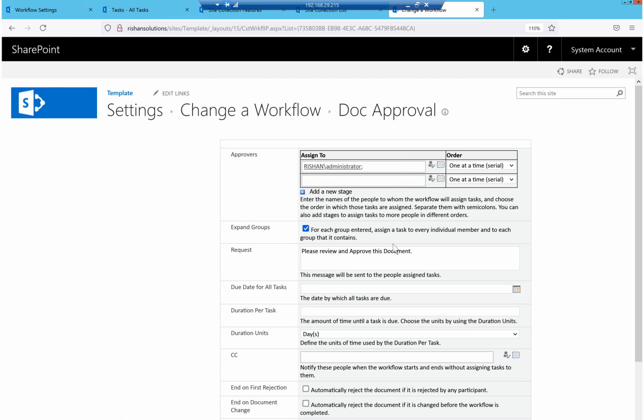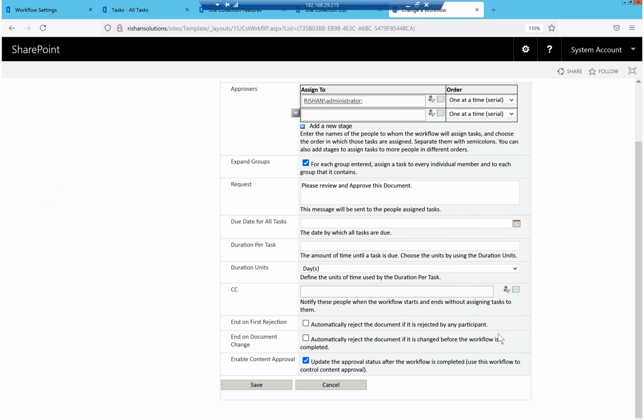We have an option to limit when you are starting, like if it is automatically started when an item is created or updated, or manually, those options are available. But based on any property value, you cannot put a condition here to start this workflow. So that is the drawback, and you can utilize these options, and the email body also will go with the out of box template. You cannot configure or design the template. So those are the drawbacks in the out of box approval process.